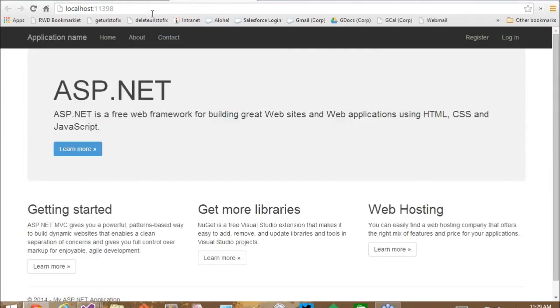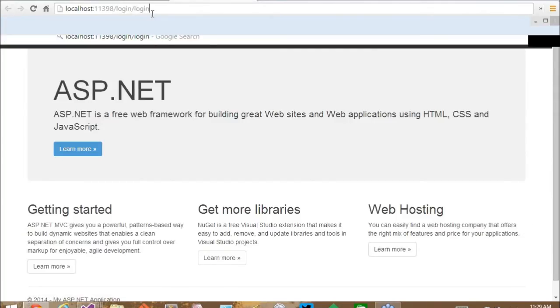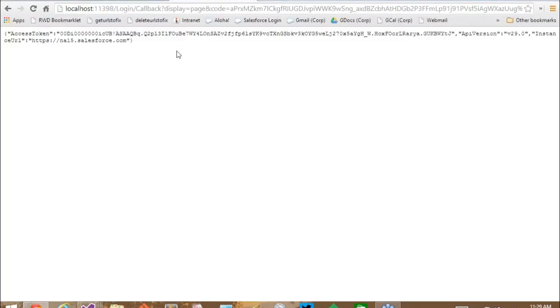So when we open this up, we're going to get the default MVC experience. Since our login controller has a login action result, it's as easy as typing login. Of course, we could create a URL. But what you've seen here is very quickly, and apologies, since I was already logged in, it didn't actually initiate